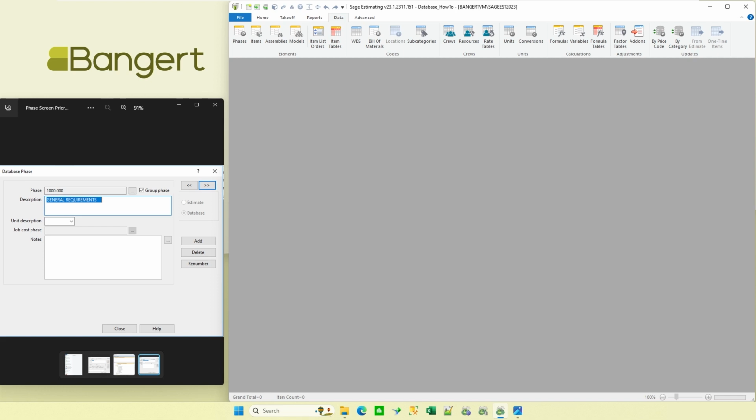The first topic we're going to take a look at in this session is updated phases and the edit item window. The user interface for editing your group phases, items, and estimating itself has been modified. Let's take a look at what that means.